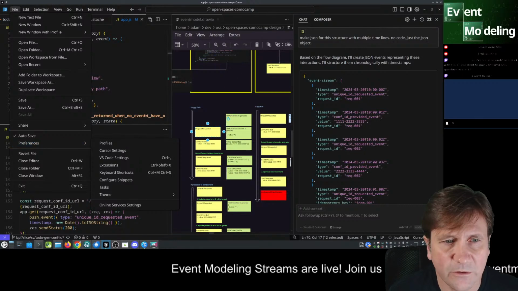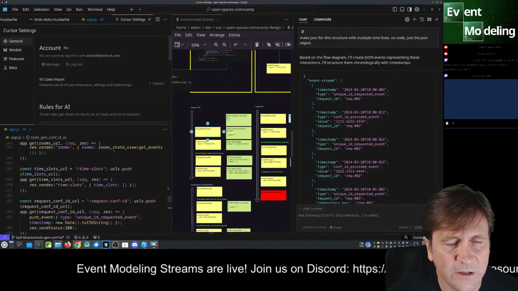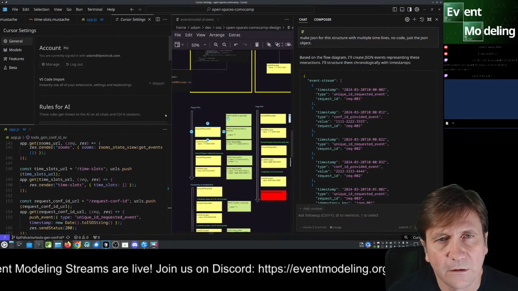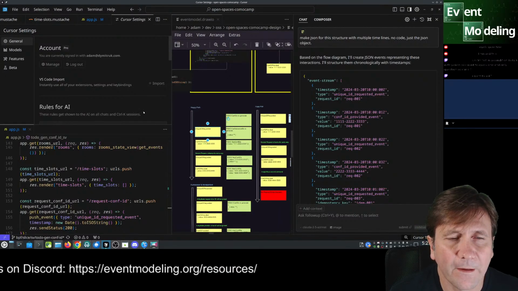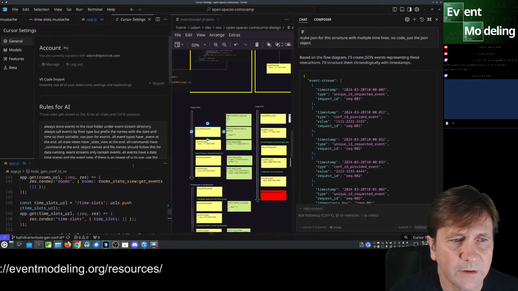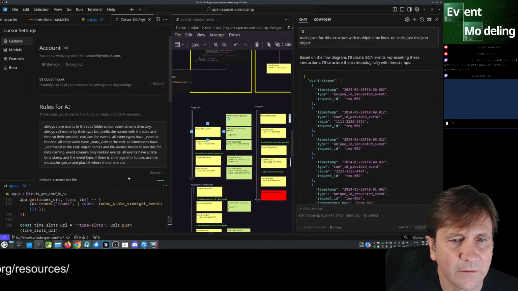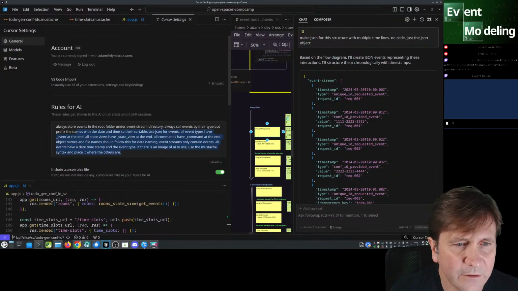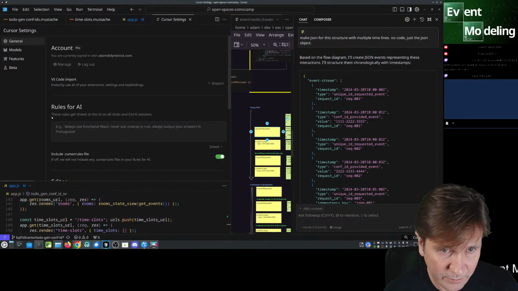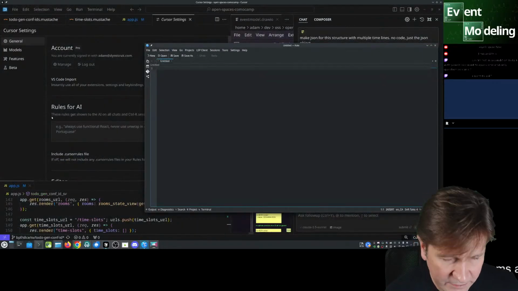Preferences. Oh, it's cursor settings, right? Preferences, cursor settings. And then, okay, it's kind of hidden in here. This thing, right? So I don't want this. Control B. Paste that here.